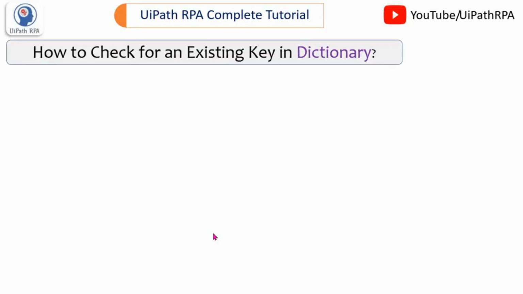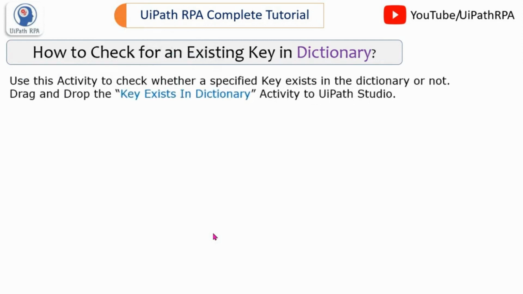Now the next is how to check an existing key in dictionary. If we have already created a dictionary and we have added the key and value to dictionary, then how can we check whether this already exists in dictionary or not? So for that we have to use this activity to check whether a specified key exists in dictionary or not. So we'll drag and drop the key exists in dictionary activity.